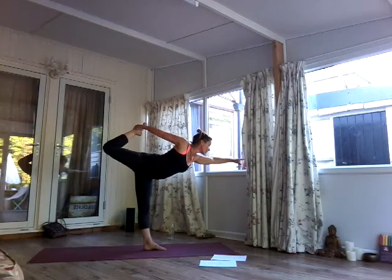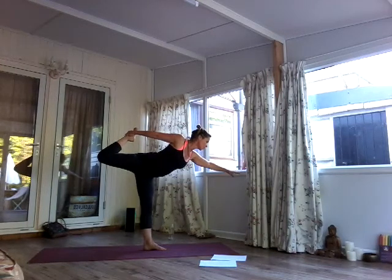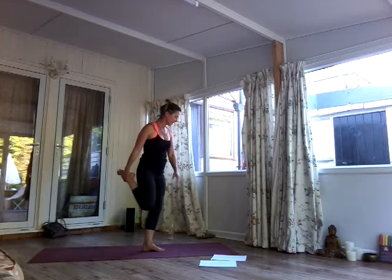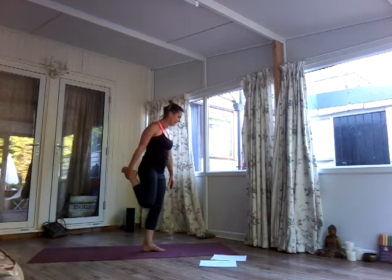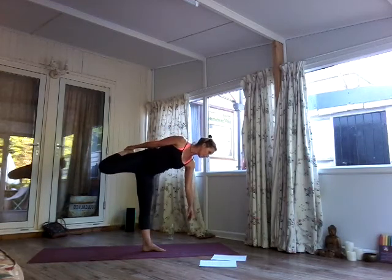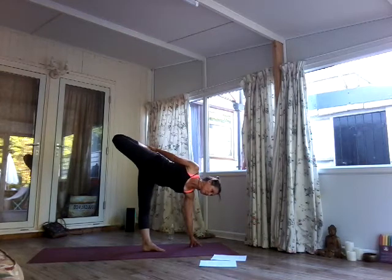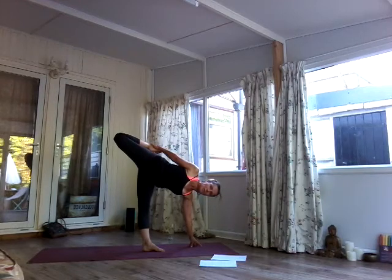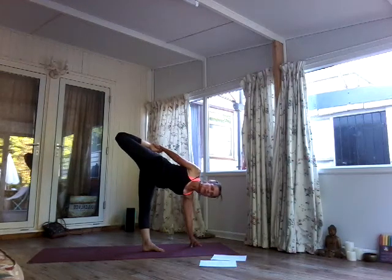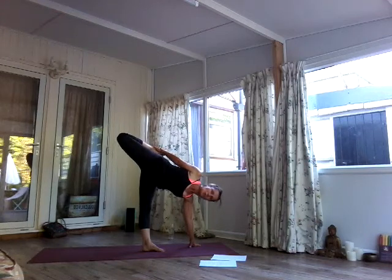5, 4, keep it steady. 3, 2. Now, can you come back up and then keep hold of the foot and slowly drop the right hand down to the mat and pull the left foot towards the left butt cheek. Coming into Chapasana, hay bale. 5, 4, use a block if you need to. 3,